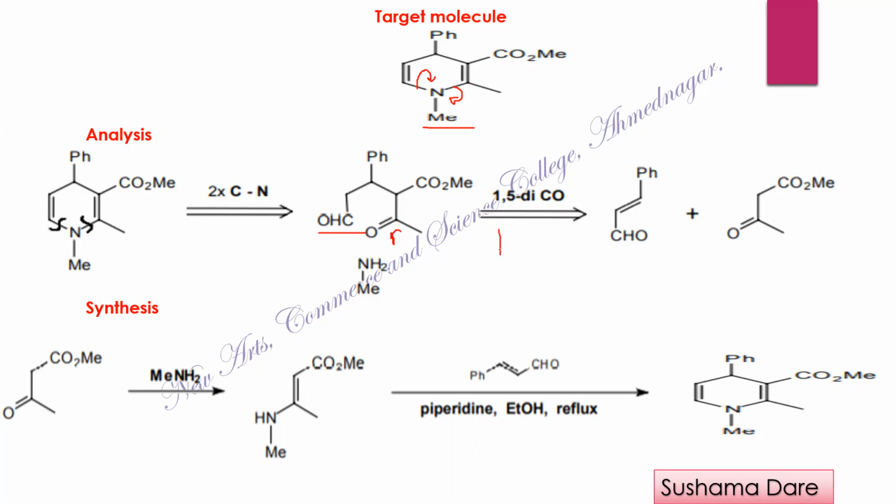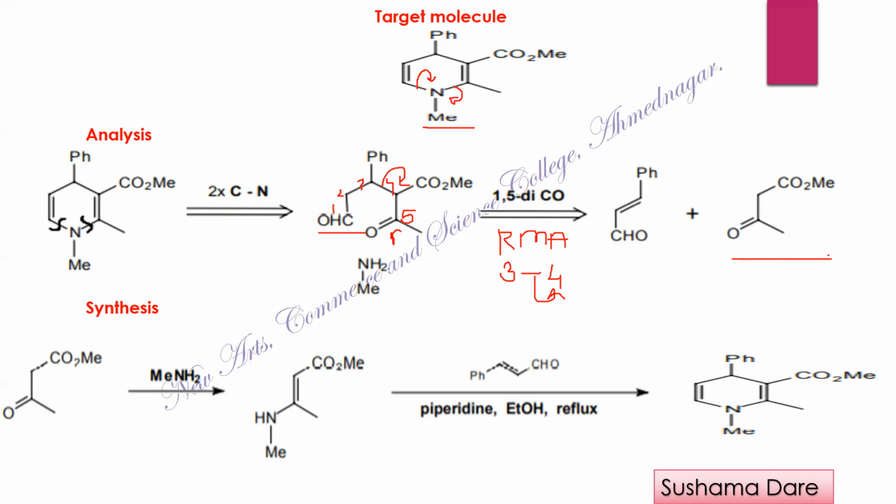Whenever a 1,5-dicarbonyl compound is there, then there is a retro-Michael addition reaction. In the Michael addition reaction, if you number it from this side, then this is number 2, 3, and 4. This is 5. So the best disconnection is either 2,3 or 3,4. But here the best disconnection is 3,4. The reason behind is 4 is more substituted as compared to number 2. So disconnect in the direction of 4, and the 4 is